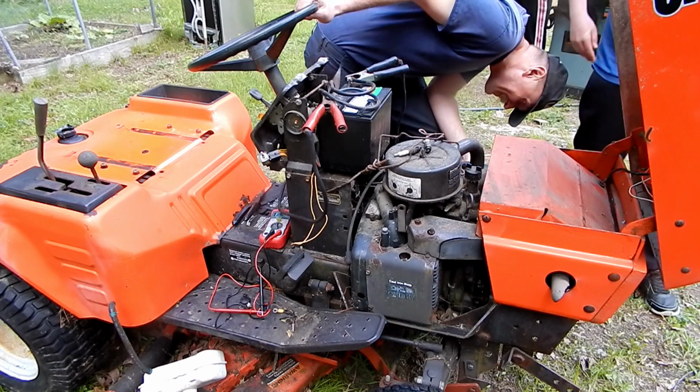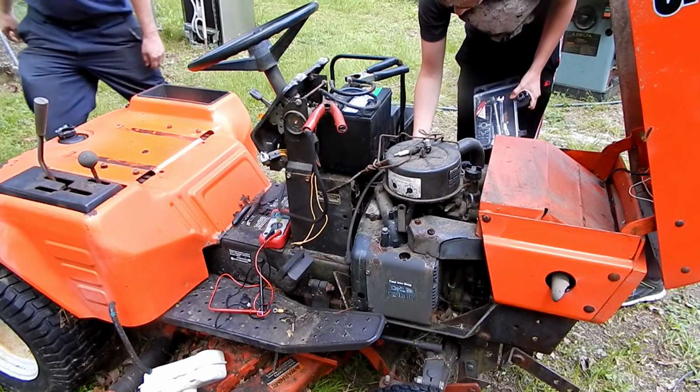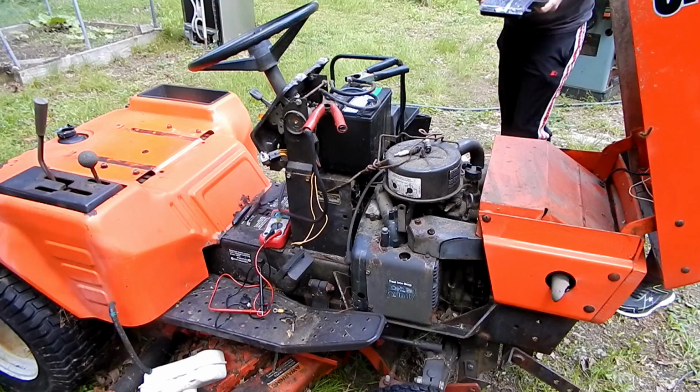What's this, Daddy? That's the ignition coil. No, we're not going to take that off now. Aiden, we're not going to get into that now. We were just going to...